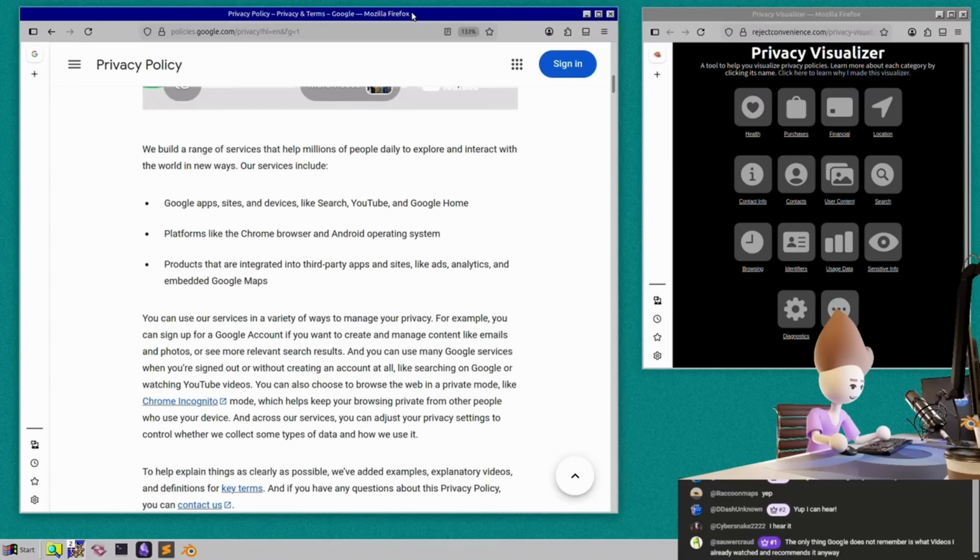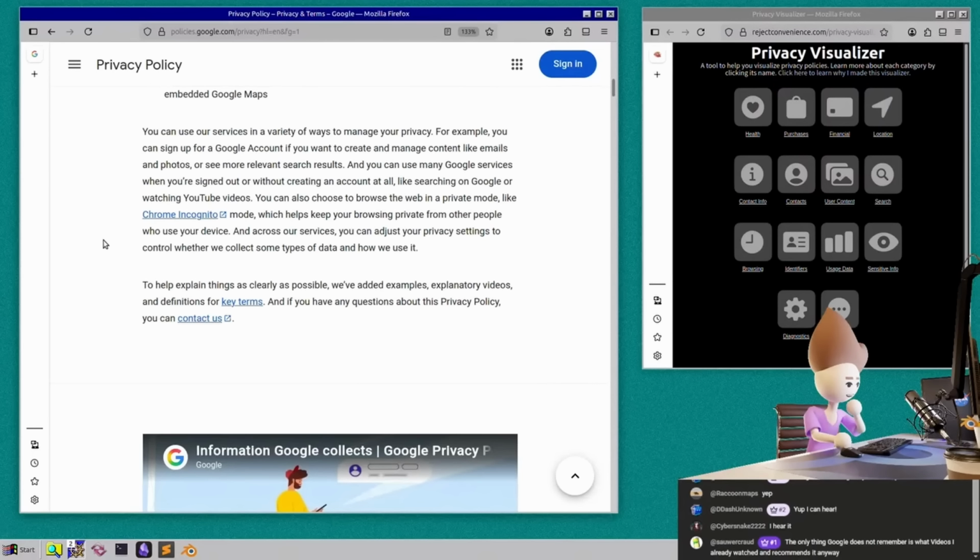Our services include Google Apps, sites, and devices like Search, YouTube, and Google Home, platforms like the Chrome browser and Android operating system, and products that are integrated into third-party apps and sites like ads, analytics, and embedded Google Maps. You can use our services in a variety of ways to manage your privacy. For example, you can sign up for a Google account if you want to create and manage contents like emails